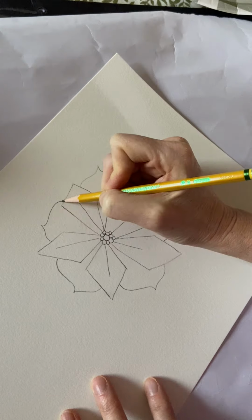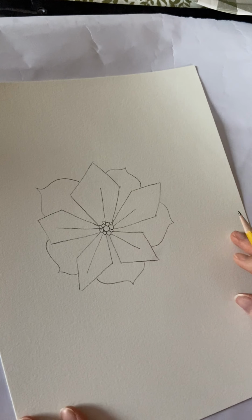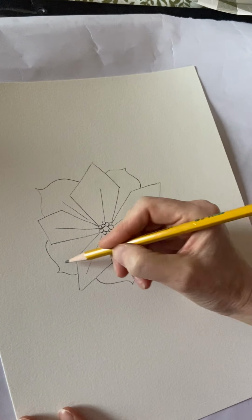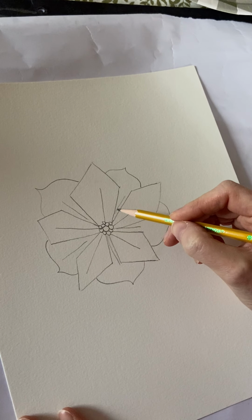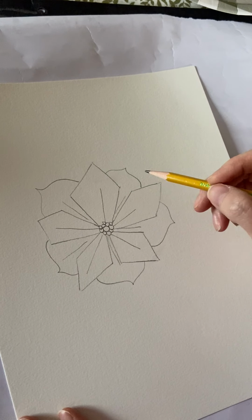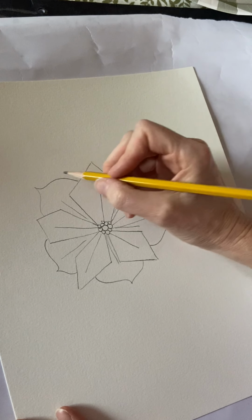You're just going in and you're filling in between those petals. And then you're going to do your lines on those too. Okay. So now we have these petals, and then we have the outside petals. And we are now going to go in and fill in